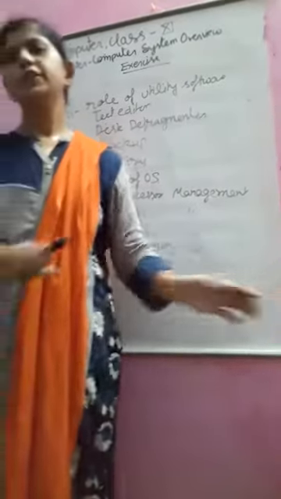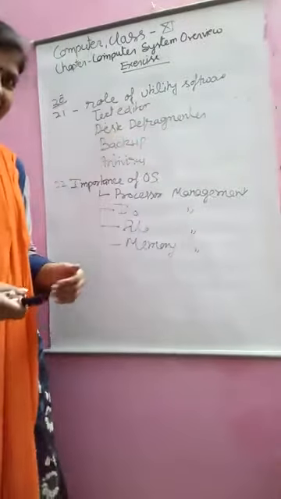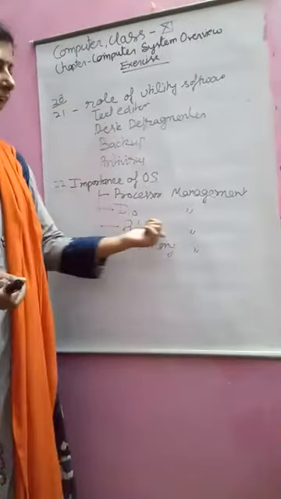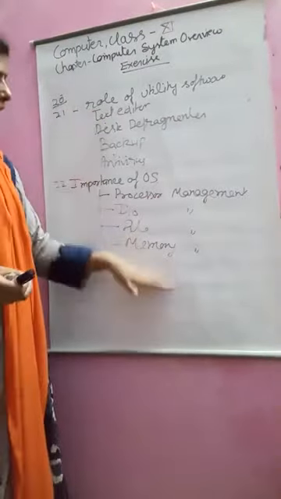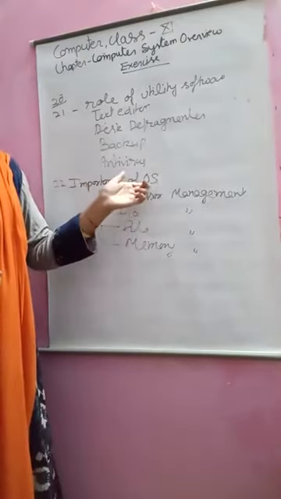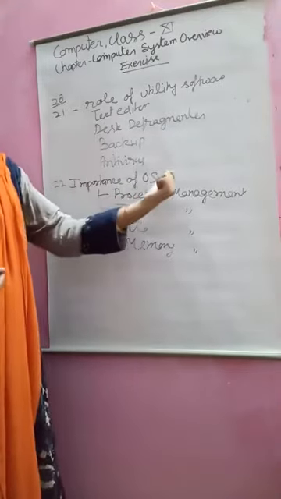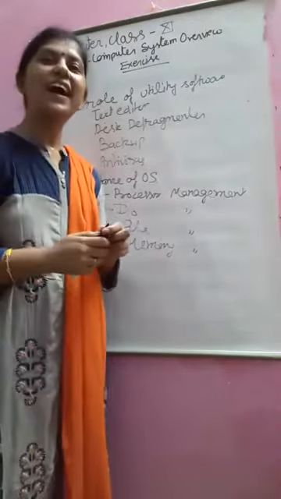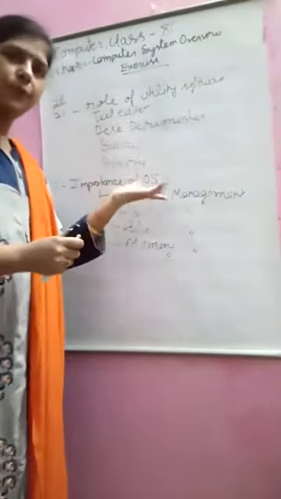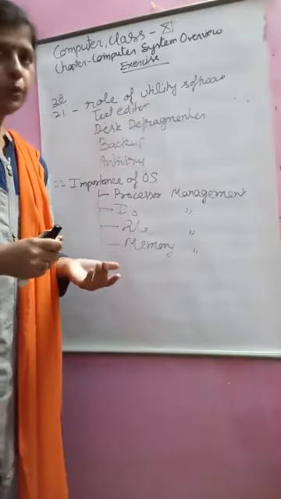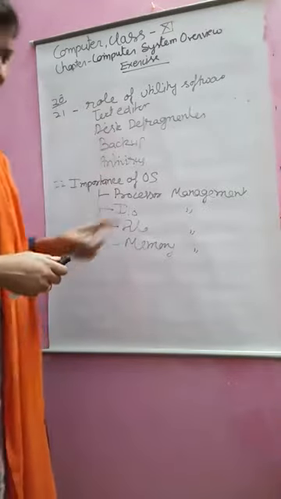IO management covers all your input output devices: how they work, how data is assigned, how data is transferred. File management is managing the secondary storage device, and memory management means managing your RAM. All of this is done by the operating system. Without the OS, you can't run your computer. Any application software runs on the OS. OS is the basic software. Without the OS, you can't work on your hardware.